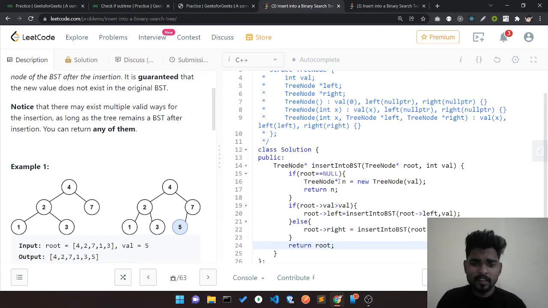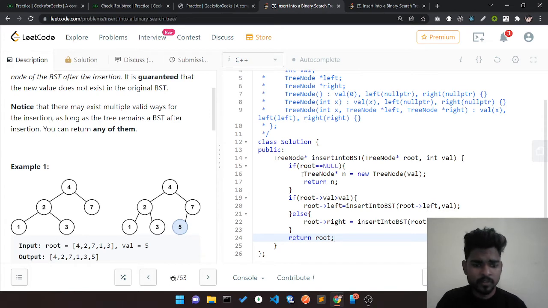Let's try to understand what is actually working, why it works. When we have a null here, I insert my 5 here. After that I return it, so I come to the 7. After this 7's left and right parts also run, I have to return this root.